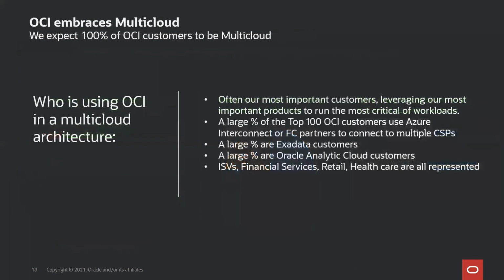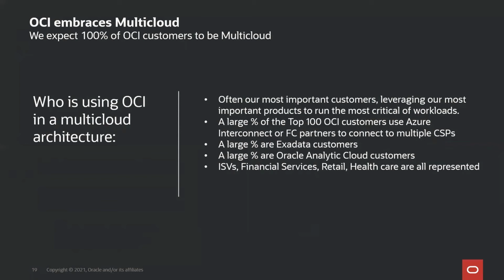So a lot of different trends going on there. We are seeing this in our customer base as well. So OCI is committed to embracing multi-cloud. We want to be the most interoperable cloud on the planet. We want to be very open, and we want to embrace the idea of running our workloads and connecting those over the network to another cloud. We ultimately envision that 100% of OCI customers will be in a multi-cloud environment. The database supports it. Now, how we connect the 2 clouds together is what we'll spend some time on in this slide deck.